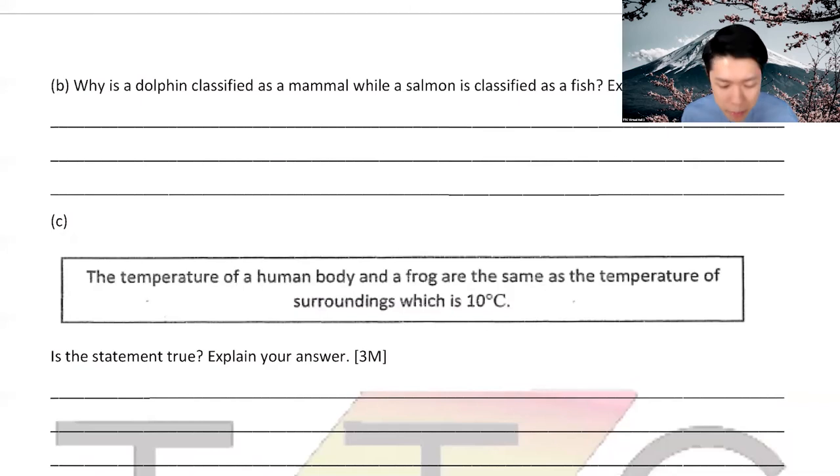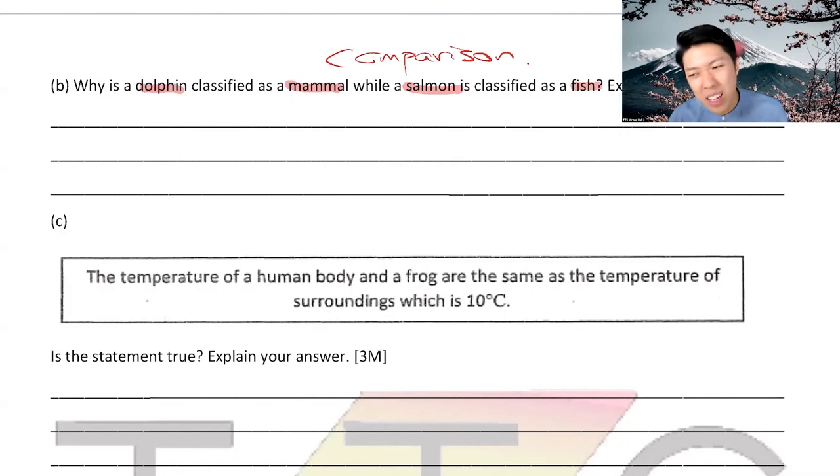Okay, B, everybody. Why is dolphin a mammal? Do you all know that, by the way? And salmon is fish. Again, we need to do a comparison. Okay, so 2 marks again. You have to mention why dolphin is a mammal, but you don't say things that make it like a fish. You don't say, oh, because dolphin swims. That's not helping, guys. So you must say dolphin is a mammal because, first of all, very important,